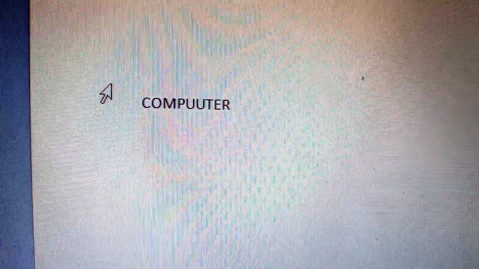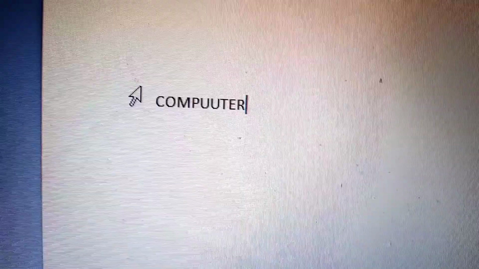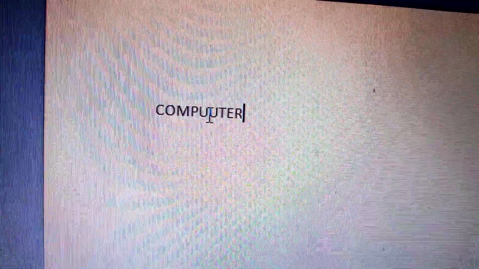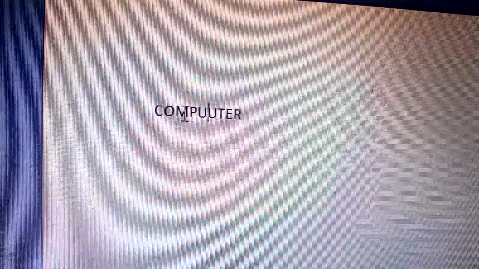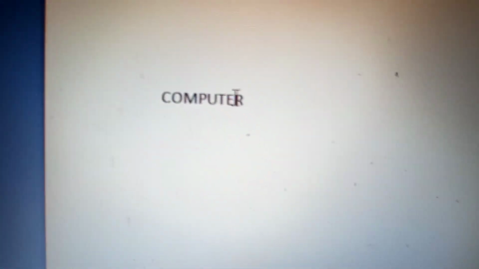Just click the left button before the u. Now the cursor is present here. Now press the delete key. You can see that the delete key is present here. Just press delete, and you can see that one u is now deleted. This is the function of the delete key.